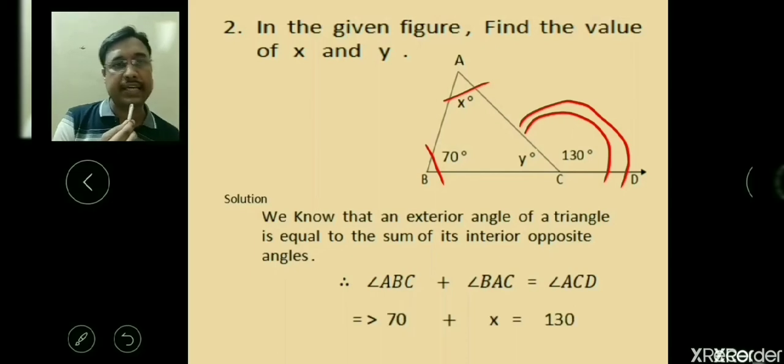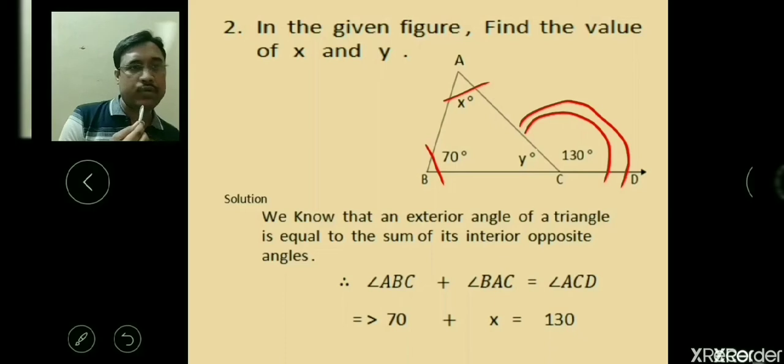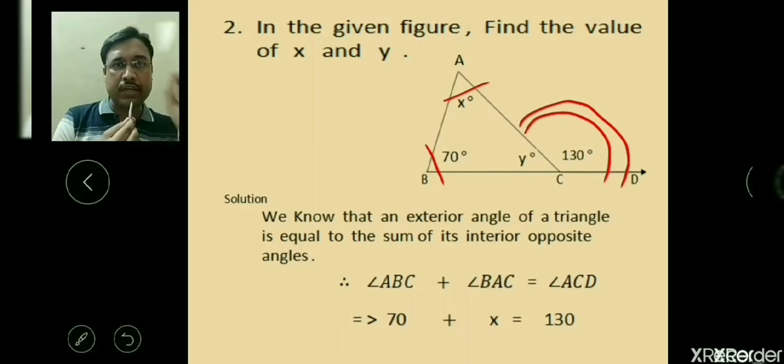So 70 plus x. In an equation there is no need to write the degree here, so I am not mentioning it. If you are mentioning the degree, then also no problem. But if you are mentioning the degree with any one angle, then the other angles you should also write. Variables we avoid writing the degree with; for a variable we write only x. But if a numerical value is known to be in degrees, like 70 degrees, then you should write that. Here I have not written the degree because all the numbers I am writing are only the angle measurement values. In an equation it is not mandatory to write the degree.